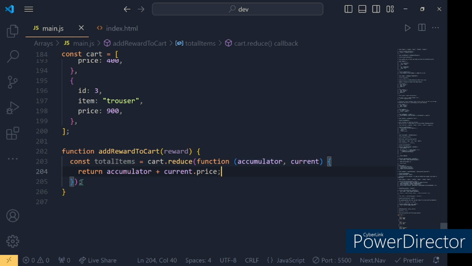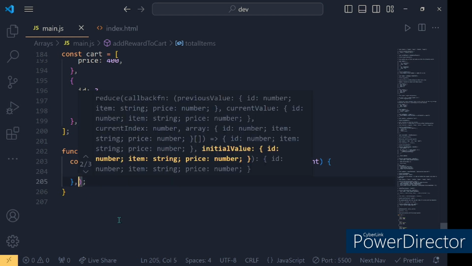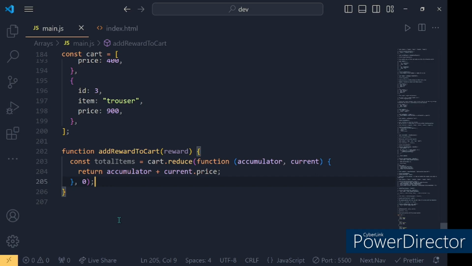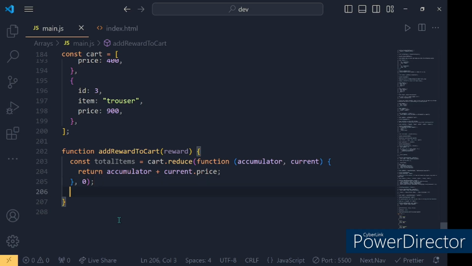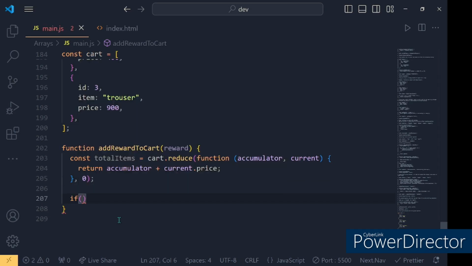Then here we'll have 0 as the initial value. So we check if the total, let's say if the total is greater or equal to 1,500, or let's say 1,200,